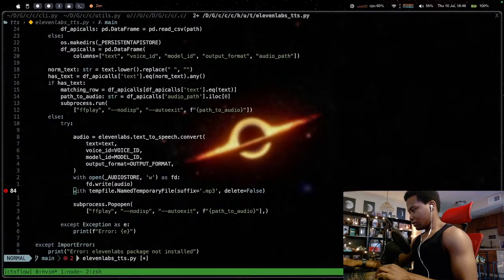Dude, I don't know what is going on right now. Why is Firefox open?